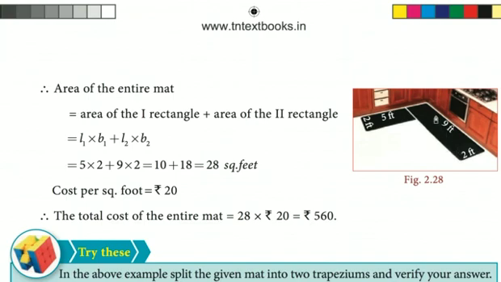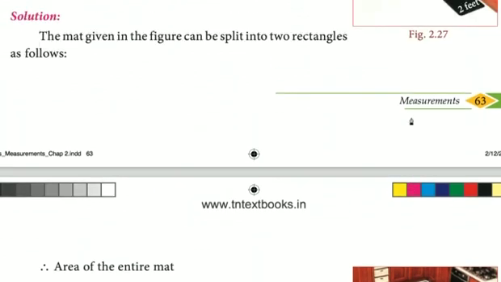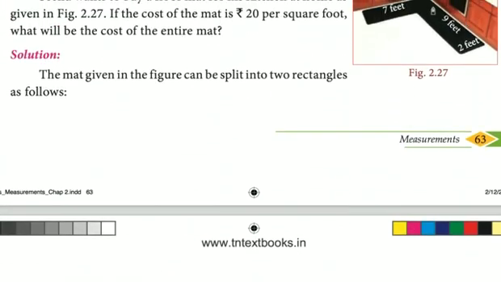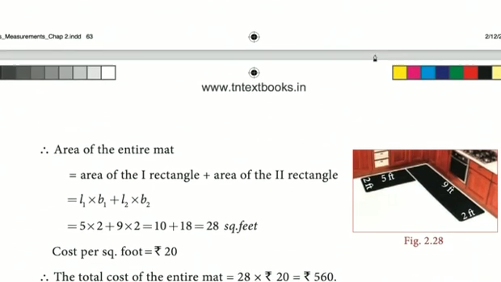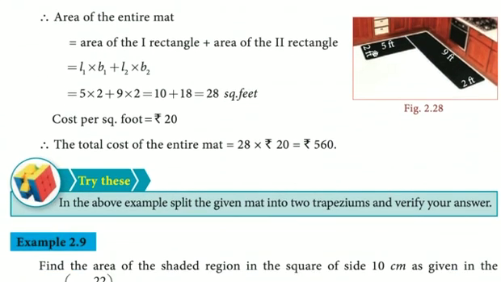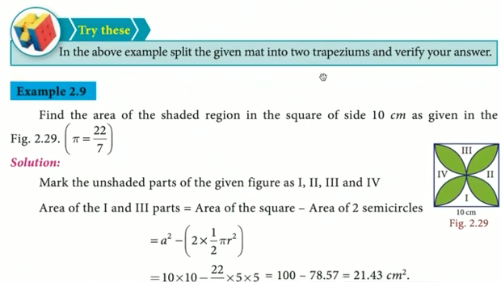He went the other way around. What I did was I drew a line like this. So 7 into 14 is this area. So you have to subtract 2 feet from 9 feet. So this is 7 into 2. So 7 into 2 into 2 is the area. Okay, the area came out to be 28. So 28 into 20 is the answer.